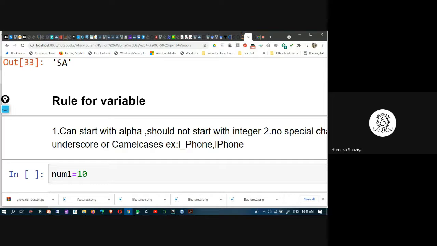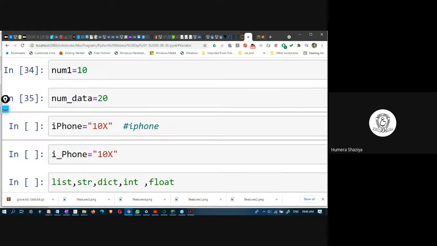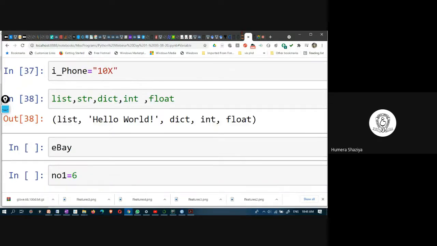Okay, you know about these rules, how to name a variable. And these are all the keywords. Are these the keywords? No, these are not the keywords. These are variables.